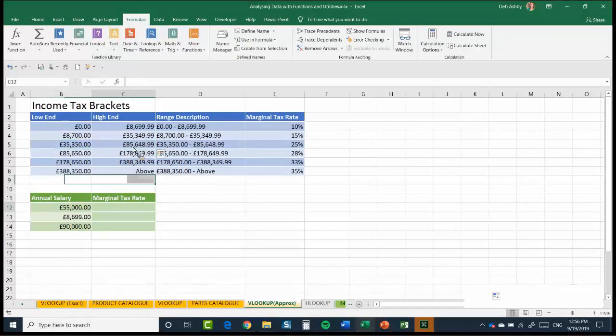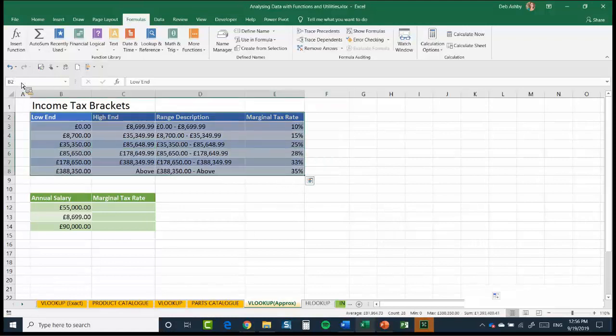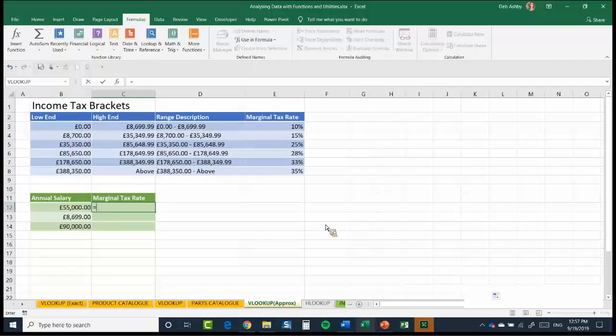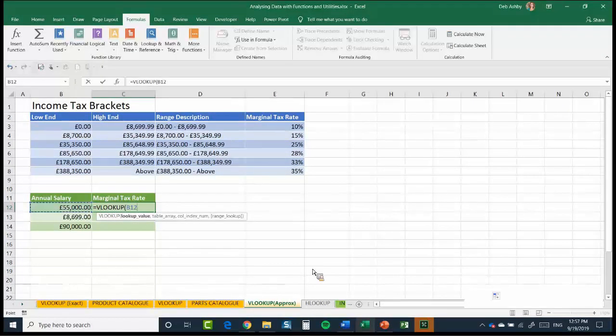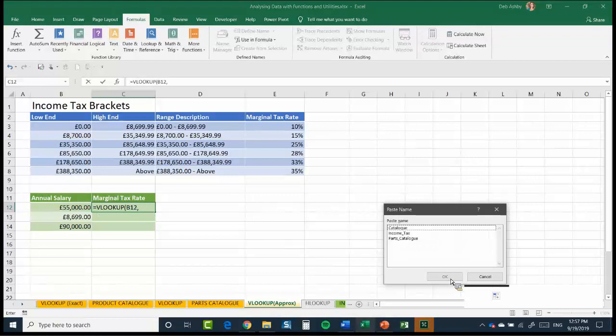So let's do our VLOOKUP. Actually, first of all, let's name our table. So I'm going to highlight my table. And this one I'm going to call income underscore tax. Hit enter. I'm going to come down here and we're going to say equals VLOOKUP. Our lookup value is the annual salary, so B12. Our table array, remember we can press F3, income tax,